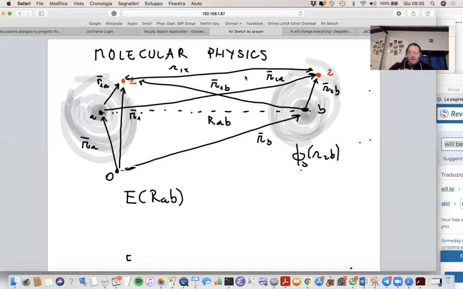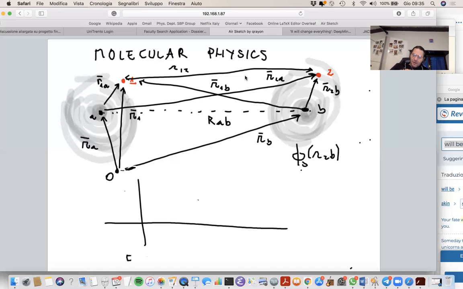Now, what do we expect this energy to look like? This is our goal. We want to evaluate the energy of the whole system as a function of the distance between the centers of the atoms. So how do we expect this energy should look like? Well, basically, it should look like this. When the distance becomes very large,